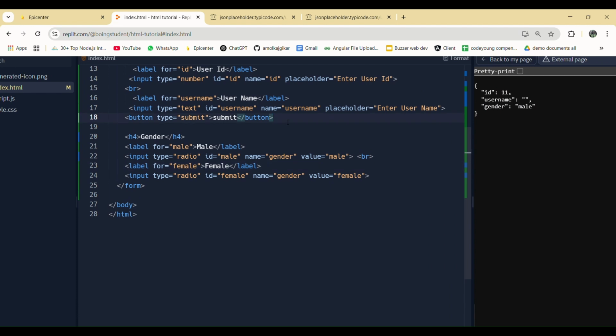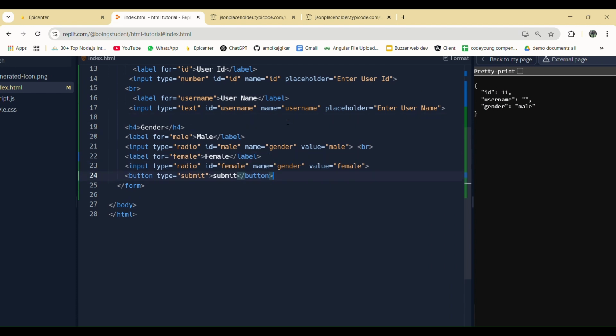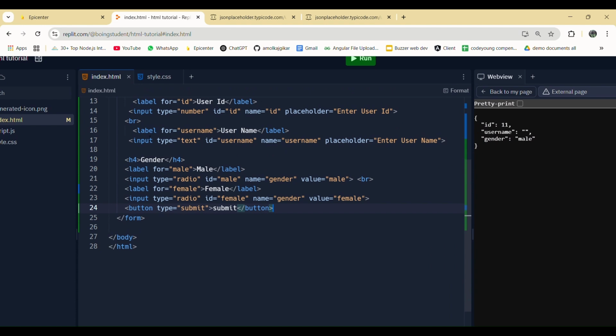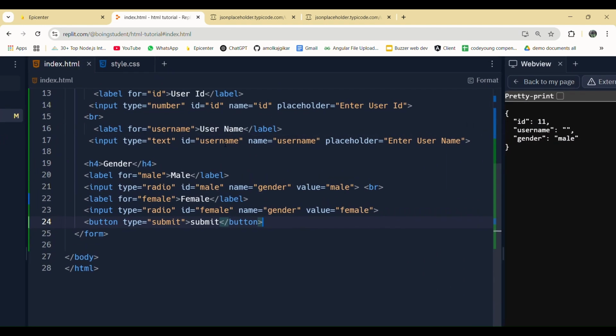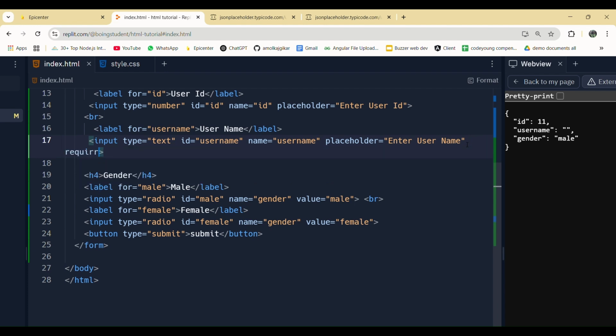Let me keep this button at the very bottom first here, and I'm going to keep this username as required. Required means now we will not be able to submit the form without actually writing something inside this input.